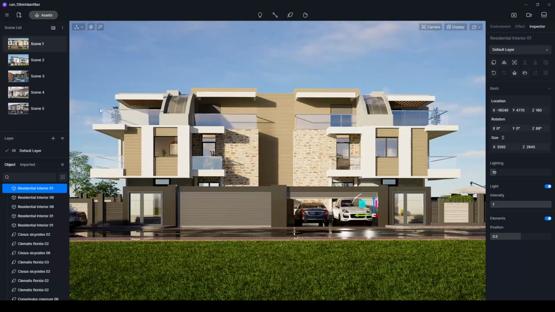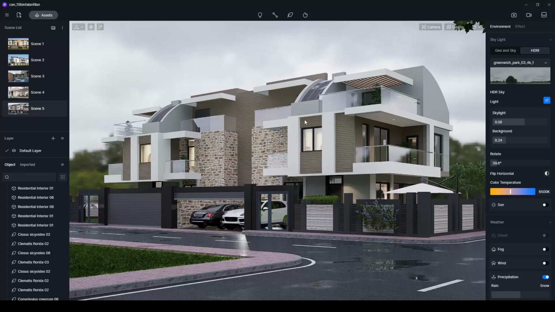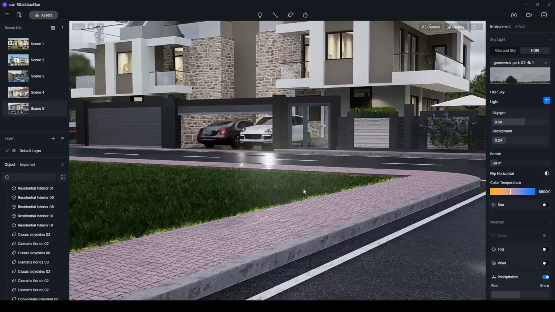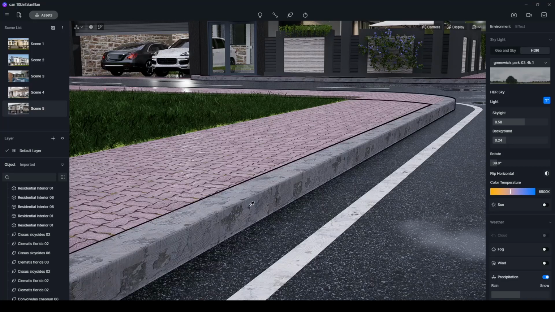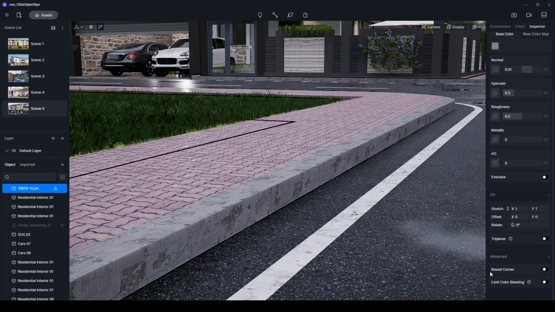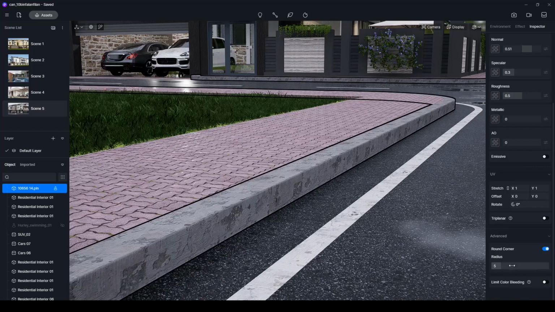For instance, to this angle and from this angle. Since we are looking from this angle, we can see pavements, sidewalks and curbs. As you can see here, we have a round edge, and this is the new feature of D5. You can turn it on and off from here. Round corner. Now we have a very sharp corner here, and if we turn on the round corner, we can decide the radius, and we can create very interesting and useful materials with that.